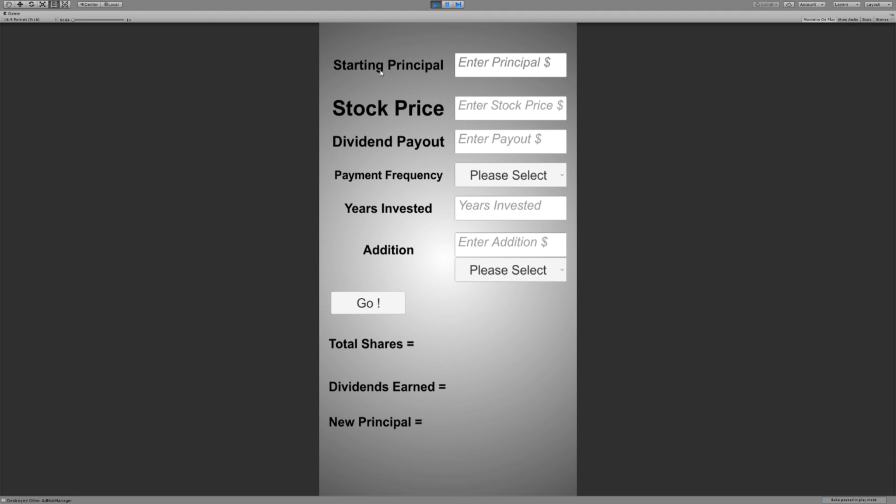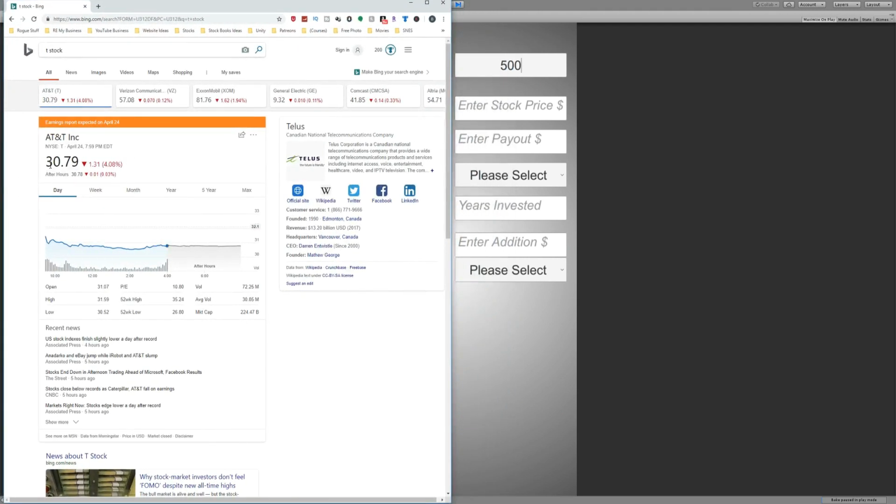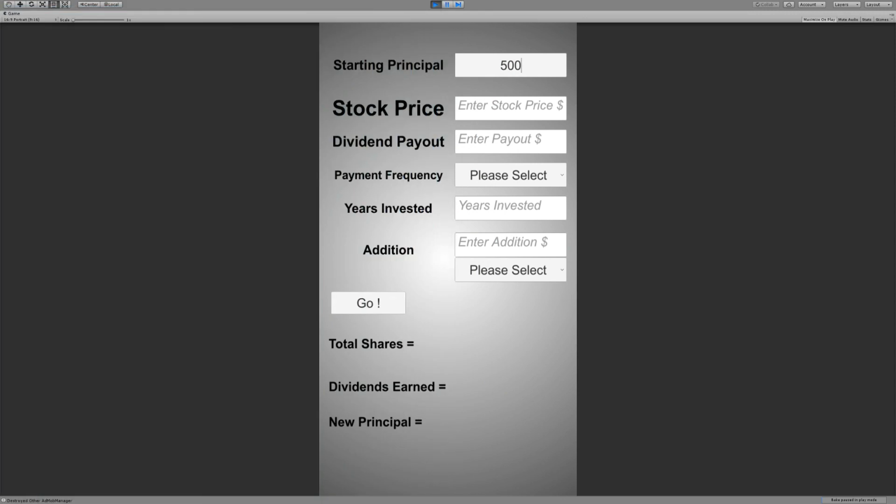Now, I wanted to create something that dividend investors could use to pick stocks to invest in, or just play out how a specific stock will play out over time. So here, for example, if we were a brand new investor thinking about starting a position in a specific stock, and say we have $500 to begin investing, we can go ahead and say, okay, I have $500. I'm going to say I want to buy AT&T. AT&T is currently trading at